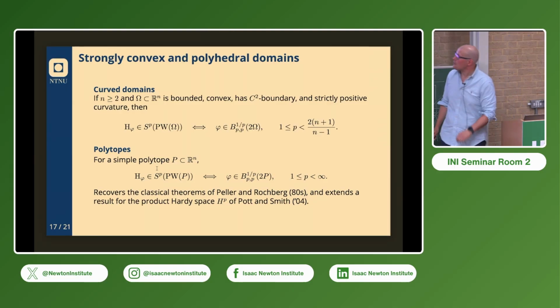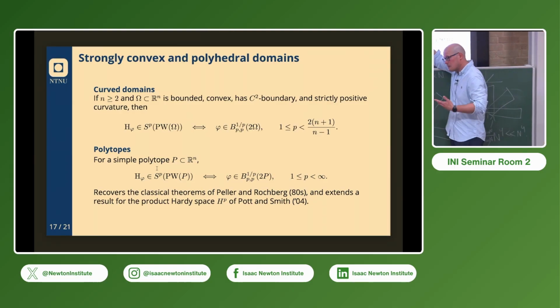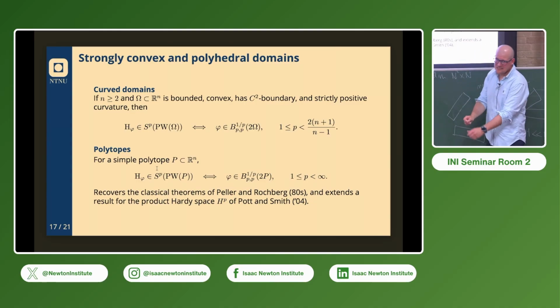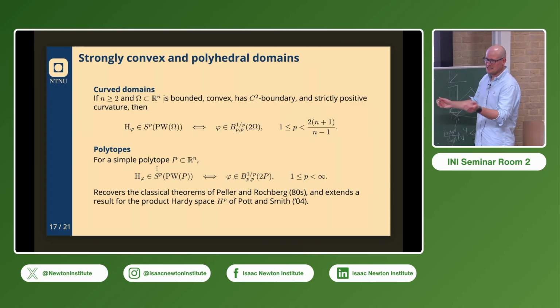Okay, and then for the ball, or more generally any strongly convex domain, so a smooth domain with strictly positive curvature on the boundary, you can extend this. You can prove a weaker endpoint result and try to interpolate. By doing that, we arrived with this P as the restriction. But I don't think that's natural. It's just an artifact of the way the operator we constructed at infinity and tried to interpolate to. Even though we worked hard on this, it's not natural. It has a lot of nice stuff in there, but I would really like this result for 1 to infinity.